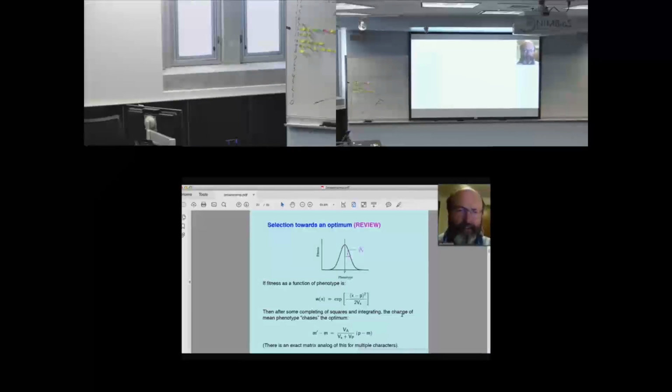Was that your notation? Yeah, times the difference between the current mean value and the optimum. So here it's the optimum minus the current mean value. And all that results in is that as long as these additive variances and phenotypic variances and the shape of the fitness surface remain the same, each generation you move a constant fraction of the way towards the optimum, and what that fraction is depends upon this G over P plus omega. Okay, so we remember that.